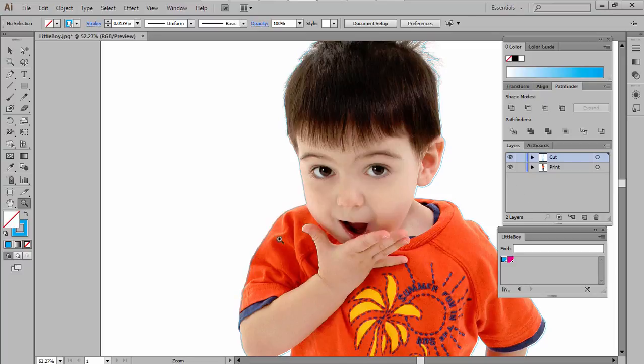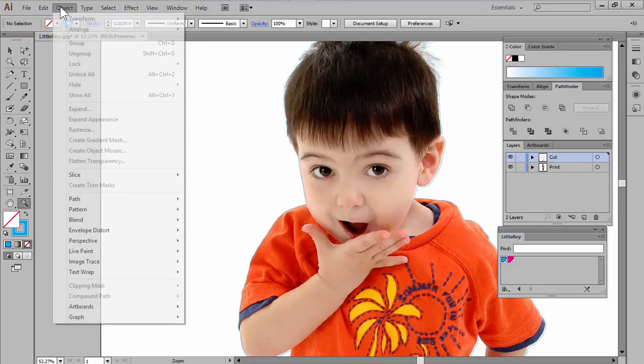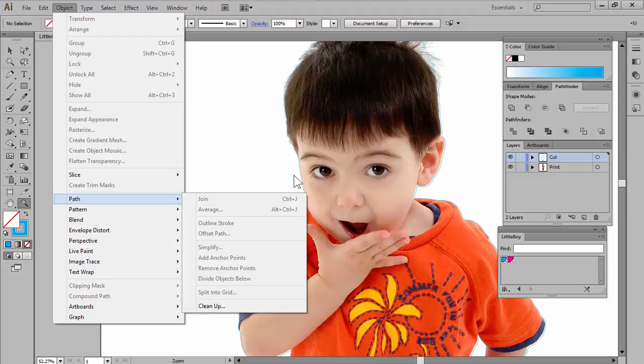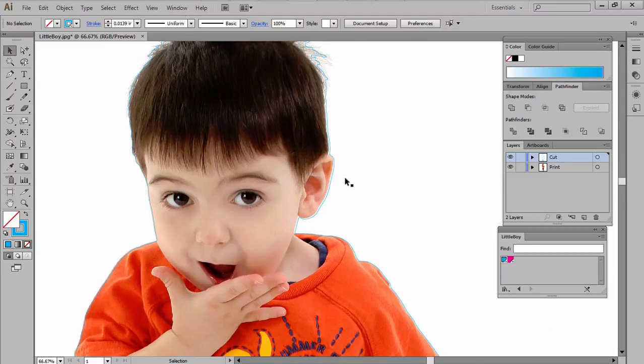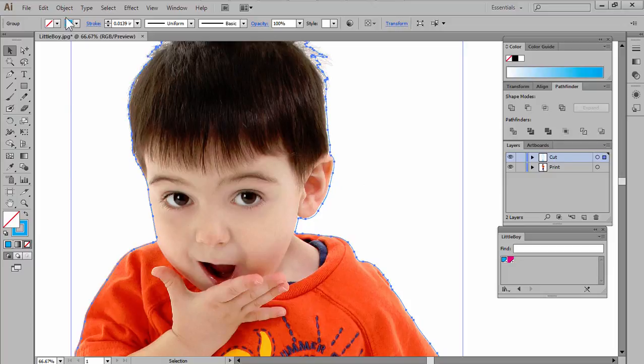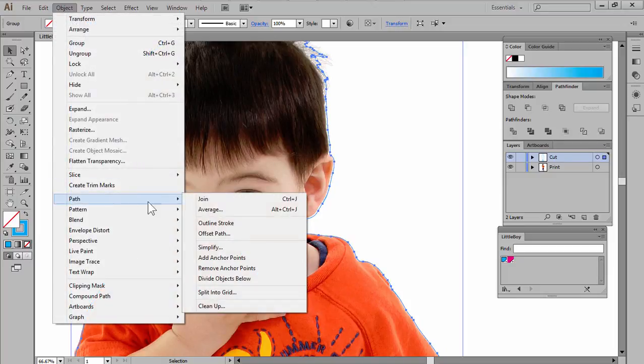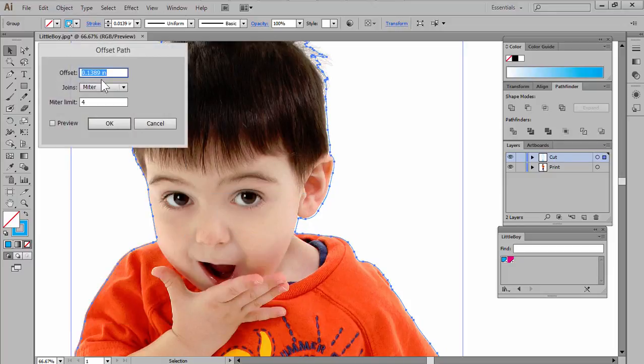But that's not what I want. I want to actually offset that. So I'm going to go ahead and take my graphic, my cut line here, and I'm going to go to path and choose to offset that. Let's select the path first of all. Sorry. Let's get that selected. There we go. And then let's do our path and then offset path. So I can define the amount here. I want to actually round the edges. I'm going to define it as maybe 1/4 inch or so,